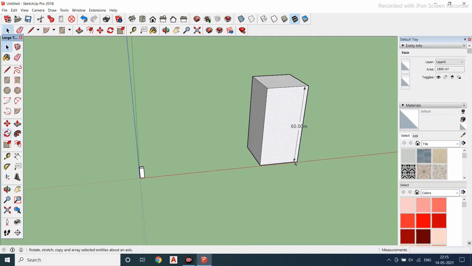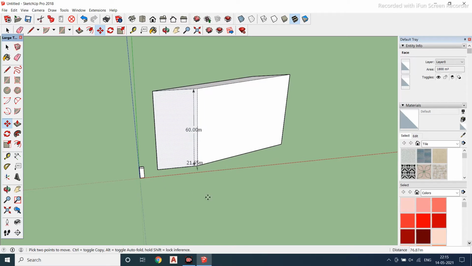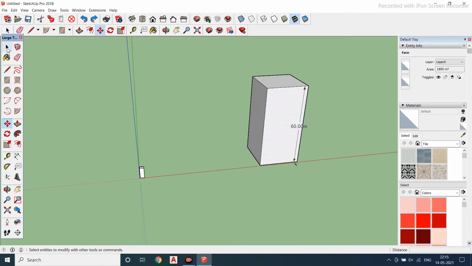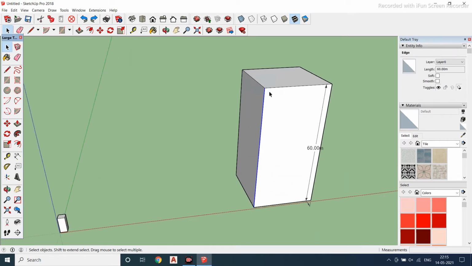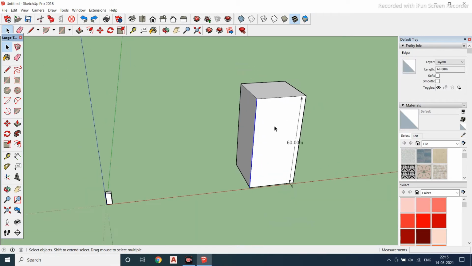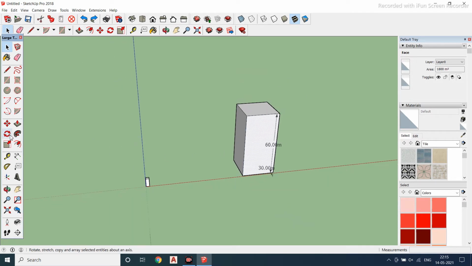So this is all about your move tool. If you select and move, you can see this is the way it will move. Whenever you are selecting, you have to select all the objects. Since it is in a 3D view, it will go with the selection of the faces or edges. When you select this blue line, you can see that it is nothing but your edge selection. This is face selection.